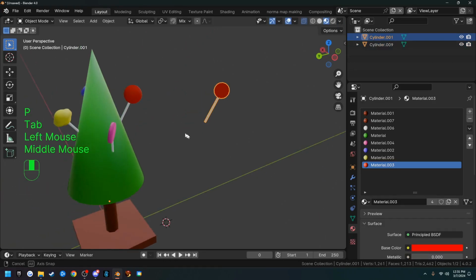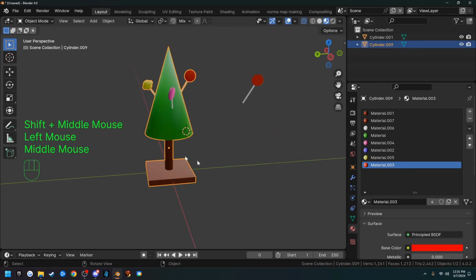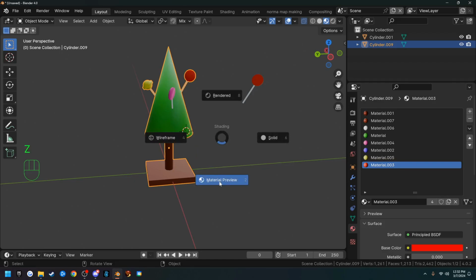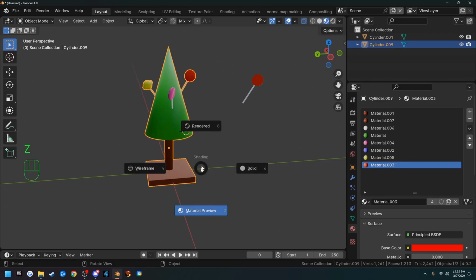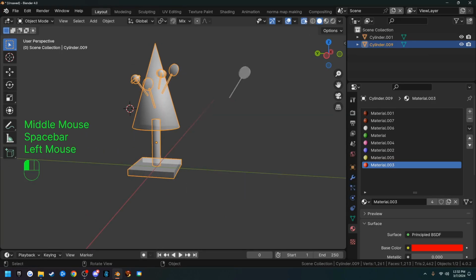Ignore that. I had that selected when I selected all this. Okay, we're good there. Now we can check our face orientation, but if you've been following my videos, you'll know that the face orientation is right because you'll be able to see through it. So if I hit Z and go to material preview, and I go back to, well, I'm sorry, Z and go to solid mode, and get out of X-ray mode,